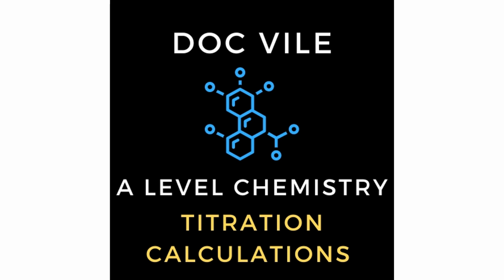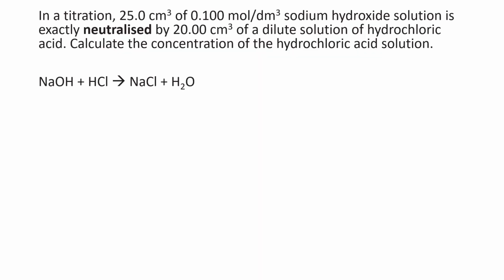And what we're going to do is look at some examples and learn how to do these calculations as we go through them. When you think of the word titration, basically what we're doing is reacting a chemical that we know the concentration of with a chemical that we don't know the concentration of. And by measuring the various quantities of the two chemicals, we can do some calculations to work out the unknown concentration. So in the example here, we've got hydrochloric acid reacting with sodium hydroxide, and you're given all the data